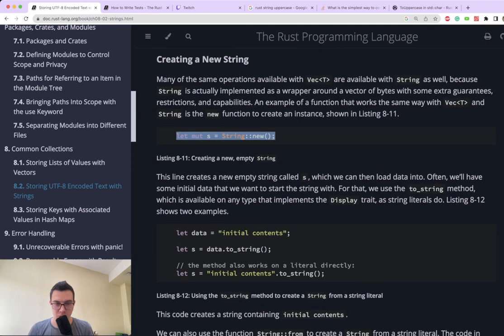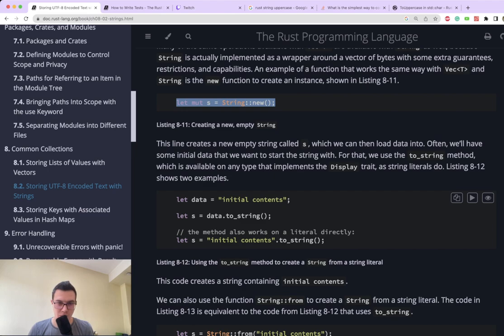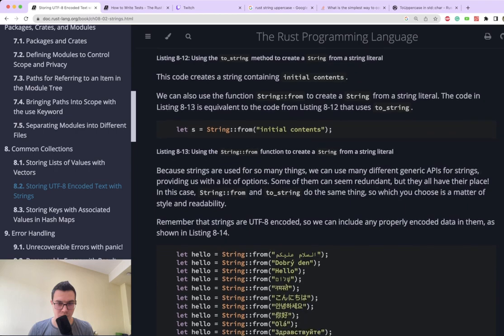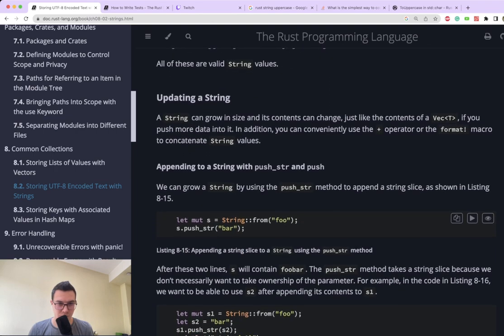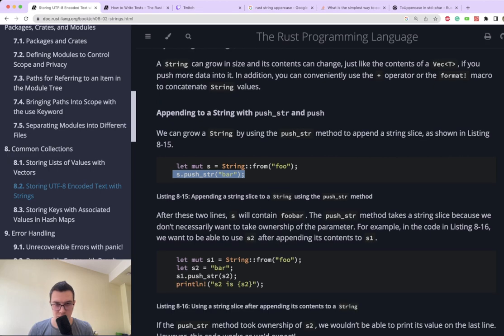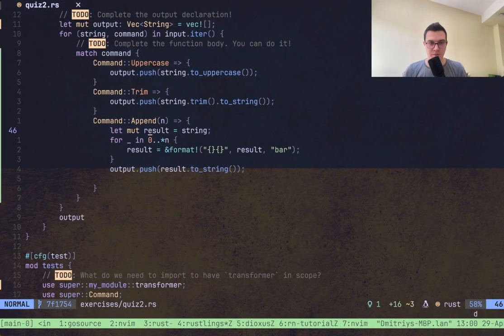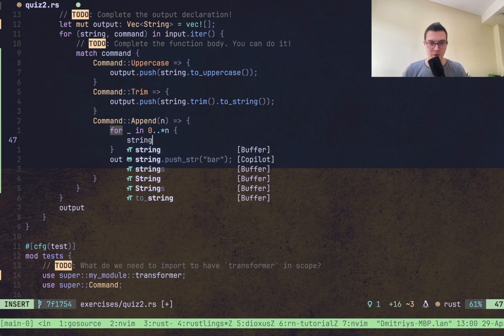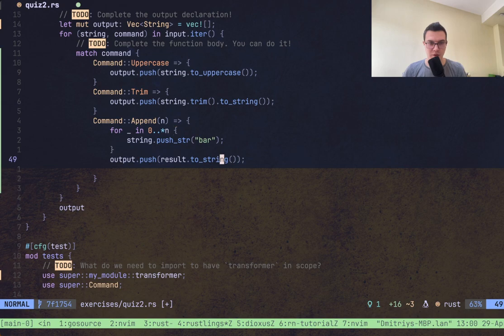Like we can push_str. Oh, this is interesting. Can we just do string push_str bar? Yeah, like this. And then